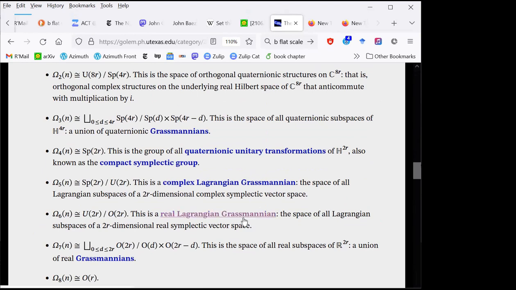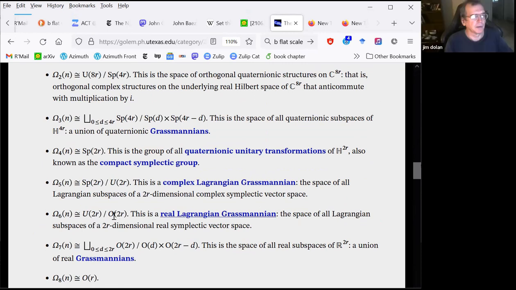Yeah, so this reminds me of the kind of stuff that you were just talking about. So you could look at the unitary group, like U(n), I'm calling it 2R for some idiotic reason here. But yeah, over O(2R). Yeah.